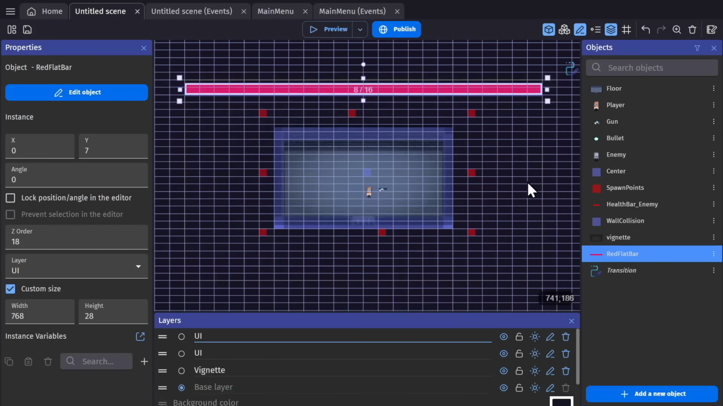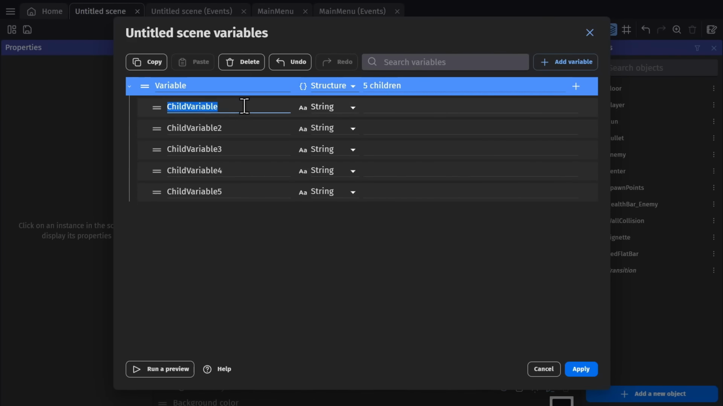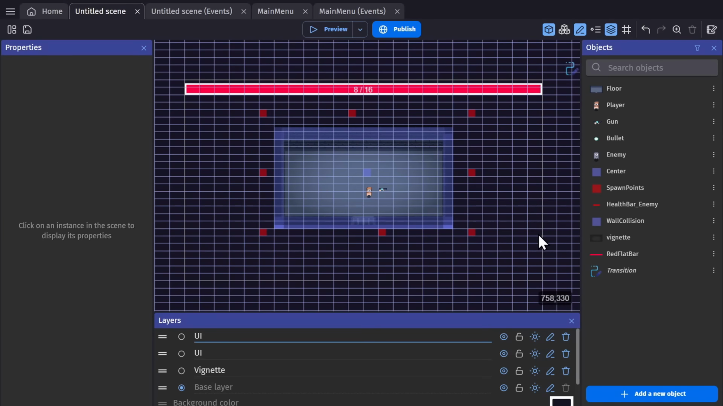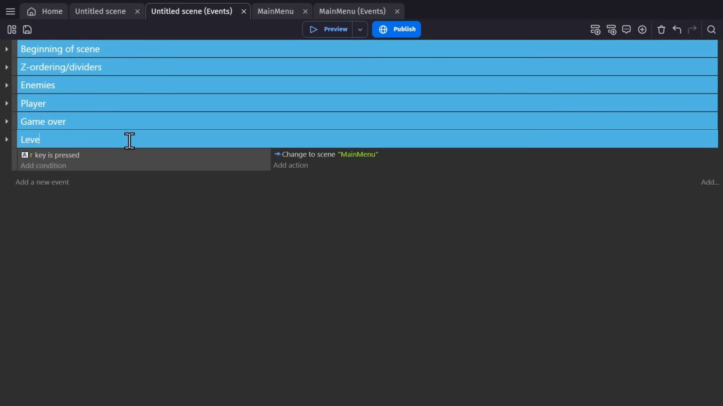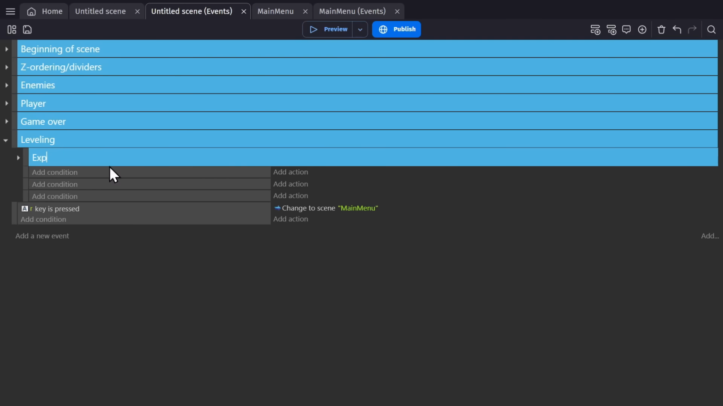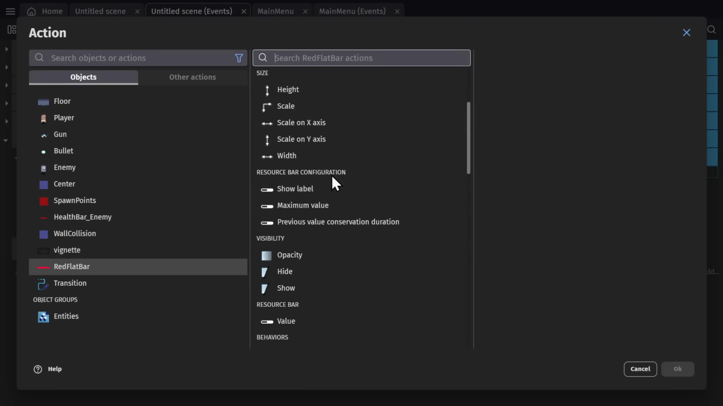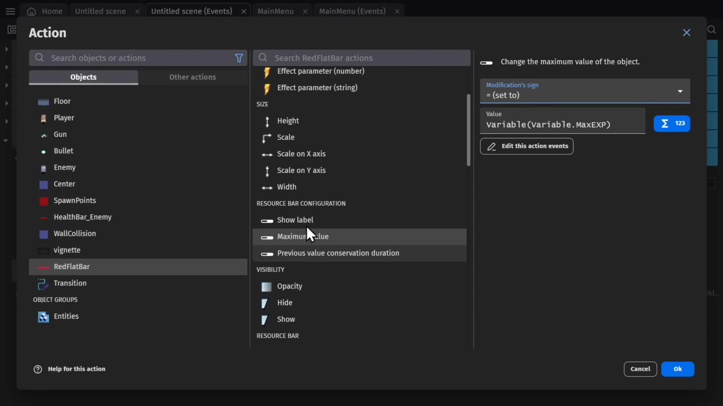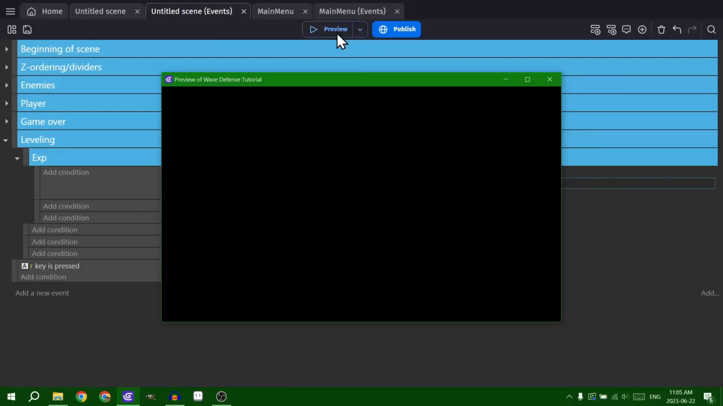Alright, now we need to make some scene variables for leveling up. The first ones, of course, being the current and maximum experience for leveling up, and then all of the stats we want to actually level up. And we'll start with something small for the maximum experience points. And now we need to link the resource bar object with those stats. And there we go. Now it's 0 out of 10 because 10 was the amount of experience you need to